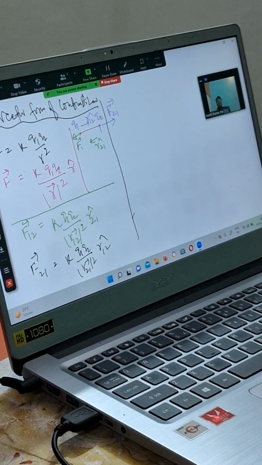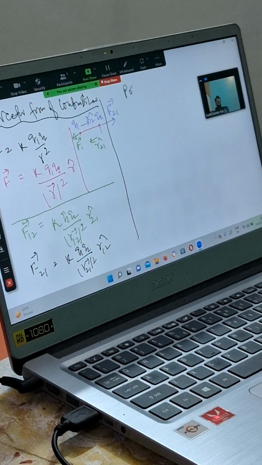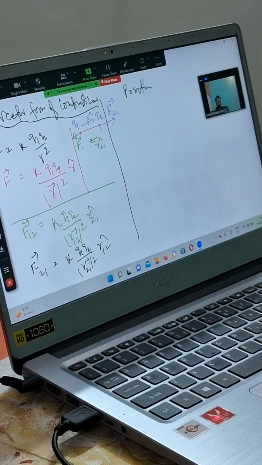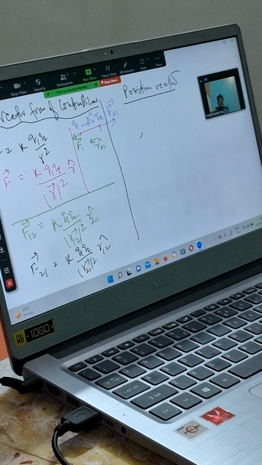And then another aspect of this is writing the same in terms of position vector. So let's write this in position vector. So what could be that? When we talk about position vector,